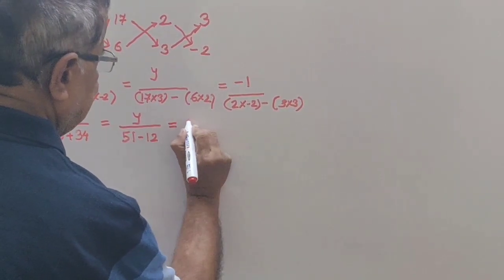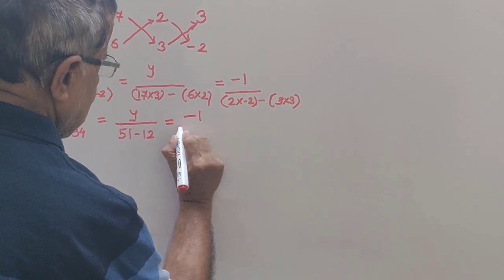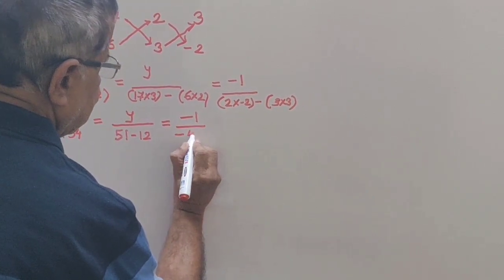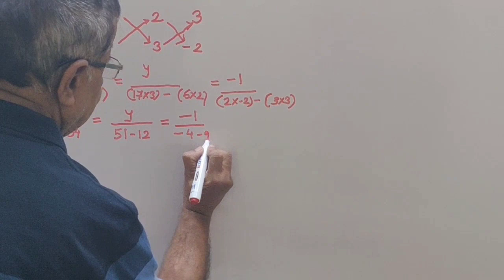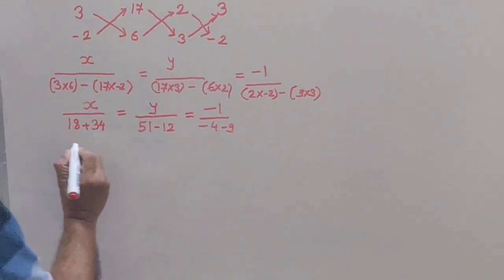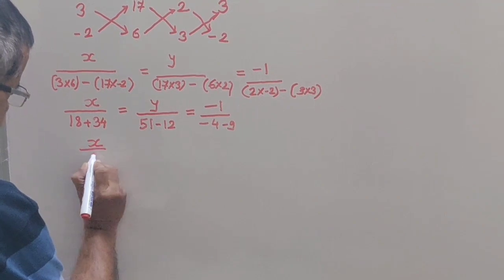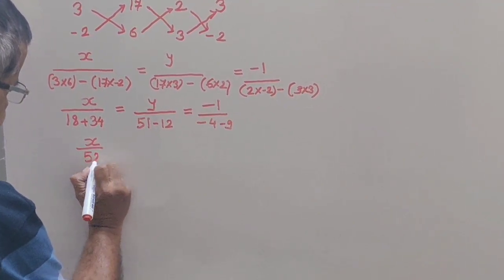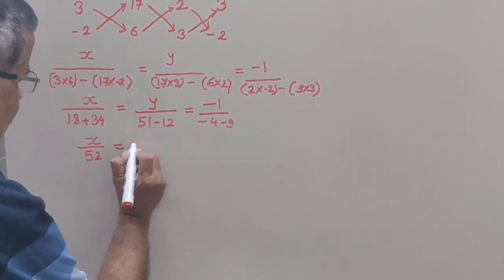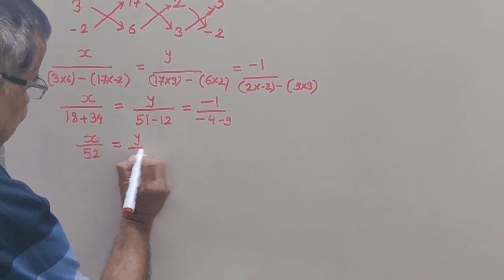Again simplify minus 1, minus 4, minus 9 will come here. Now what I will get, x upon 52, y upon 39,